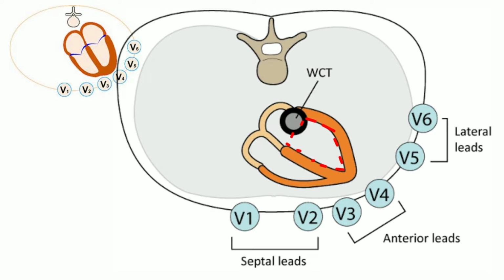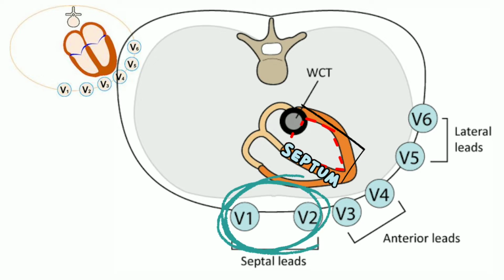As you can see, V3 and V4 are anterior to the left ventricle, so abnormality in V3 and V4 would depict an MI of the anterior wall. Similarly, V5 and V6 are laterally positioned with respect to the left ventricle, hence abnormal V5 or V6 lead indicates a lateral wall MI. This is the interventricular septum. It is clearly evident that the septum is recorded by V1 and V2, so they would signal an MI of the